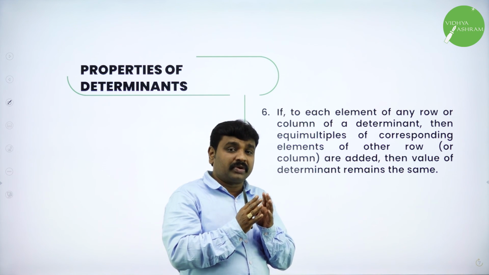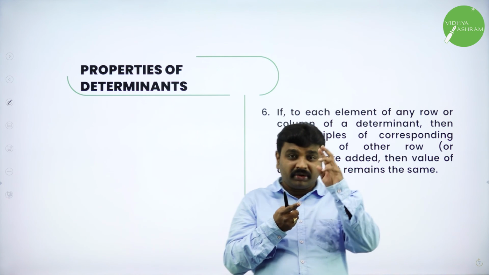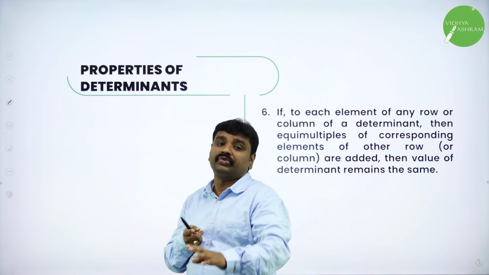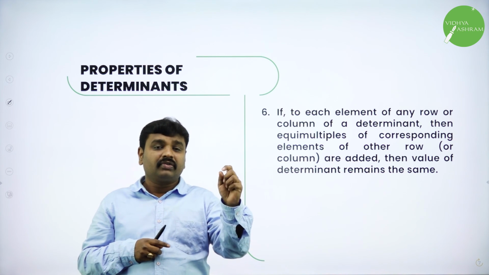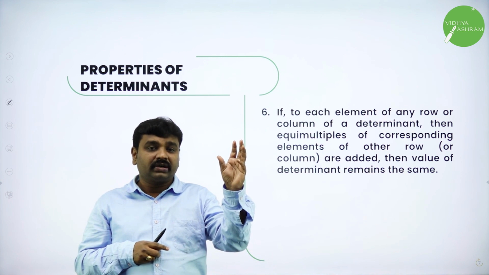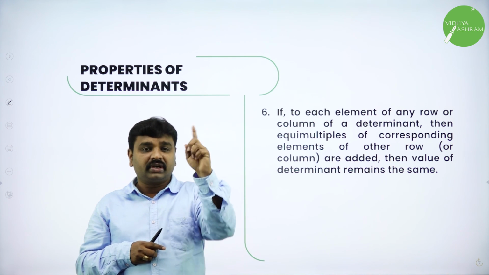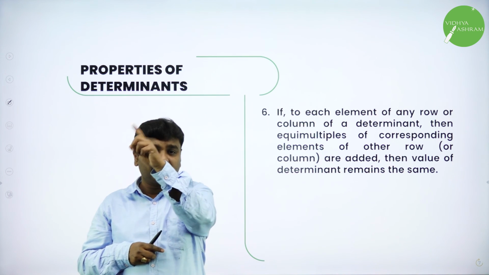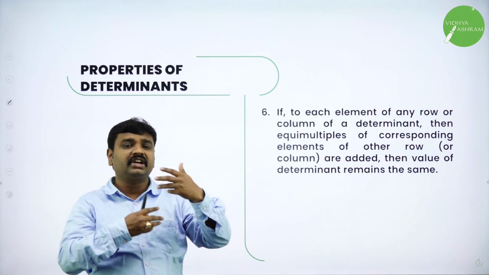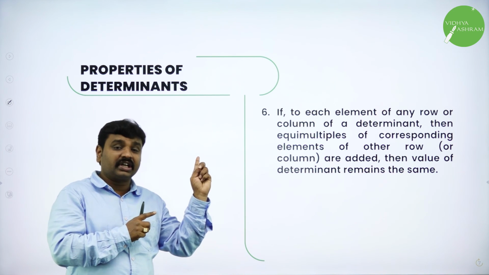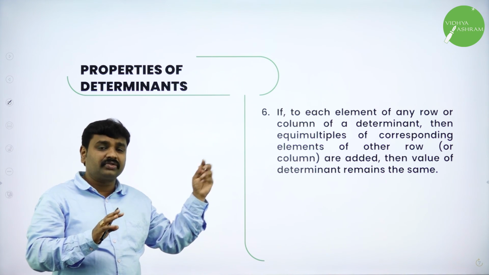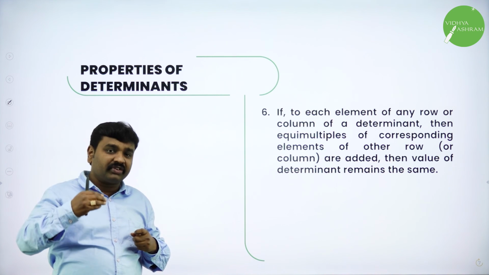Once you are thorough with the properties, understand them so that you should be able to apply them to prove the problems. So we'll have proofs. So prove that they'll give 1 1 1, a b c, a square b square c square is equal to a minus b, b minus c, c minus a, like that. We have different types of problems. We have to prove using determinants, without expansion, using properties of determinants. So we have to simplify them.